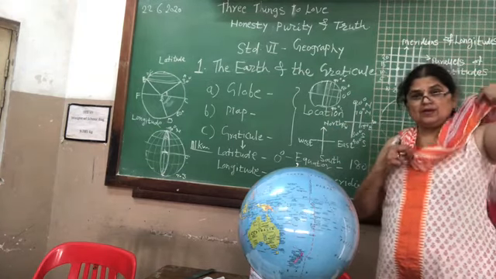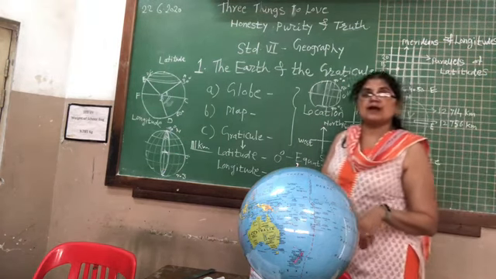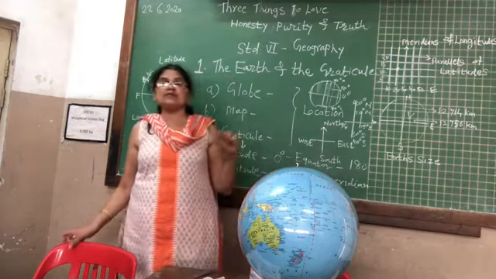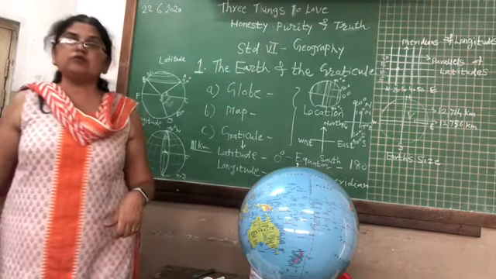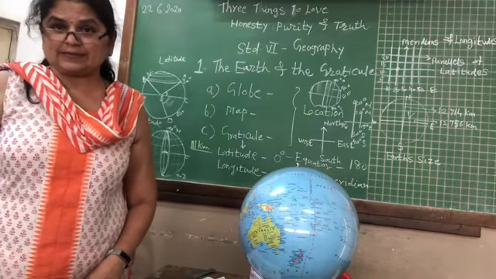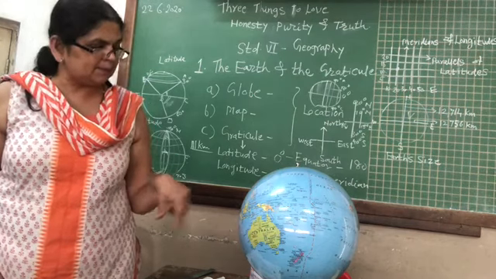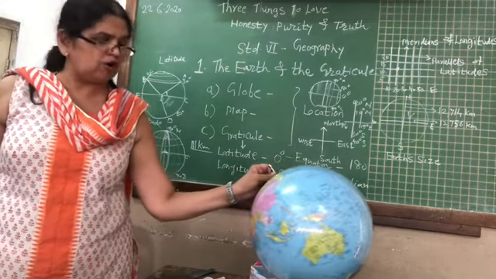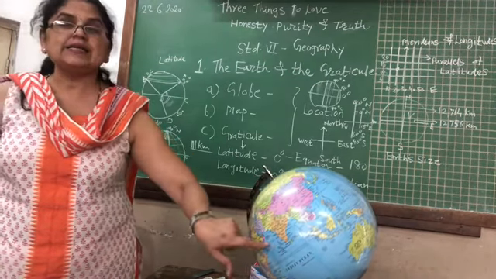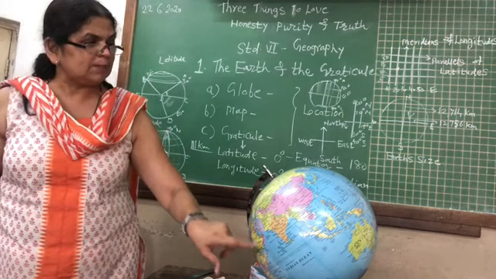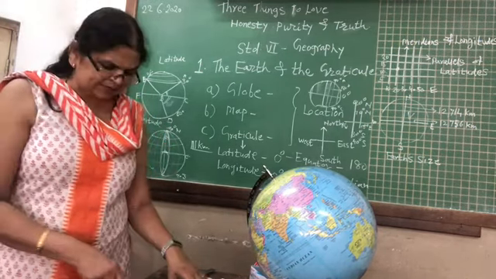For example, a great astronaut, an Indian astronaut called Rakesh Sharma. Rakesh Sharma ji once went into space and he was asked, how do you feel from space? He said, Sare jahan se accha Hindustan hamara. So to point out Hindustan, my land, my country, I can easily point it out on the globe. When I look at the map of India, then it is very important to find out where my country is located.